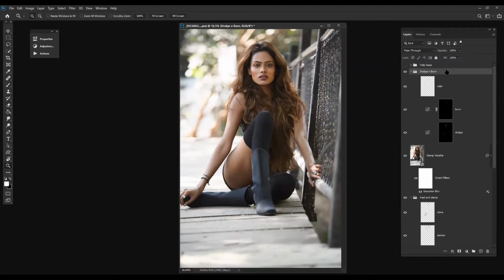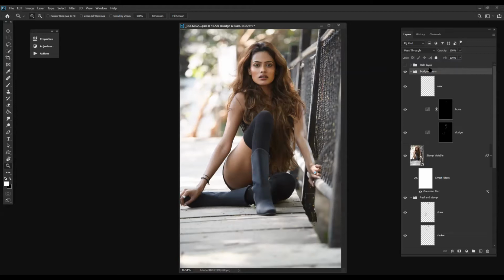That's the basic work of frequency separation. Normally, we use frequency separation to match out the colors and keep the textures as it is without altering the skin texture, but we can alter the lights. We can blend the lights a little.